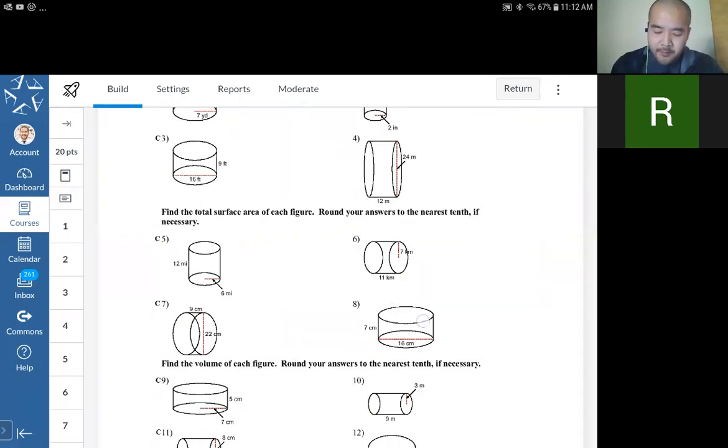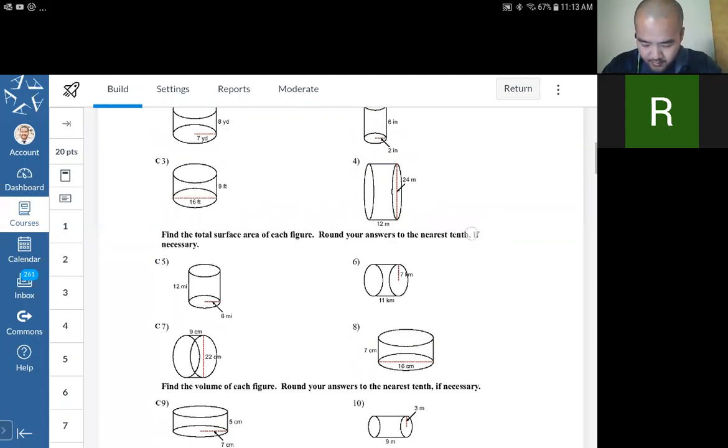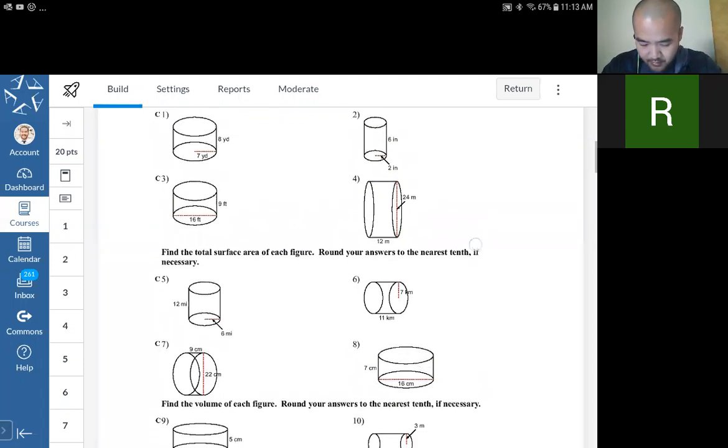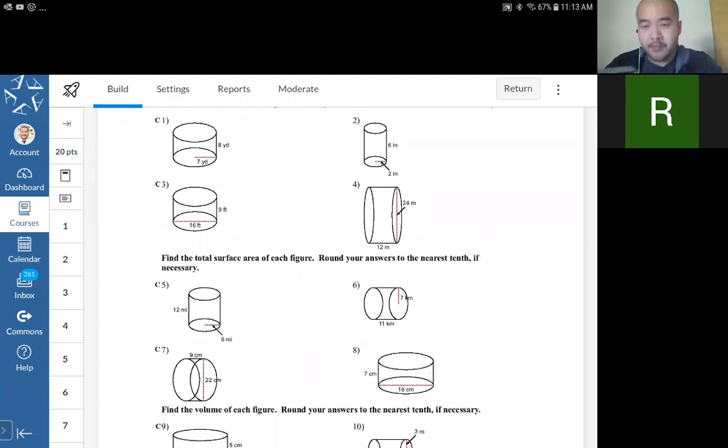This one. It's 2 times pi times the radius is 8 times the height is 7. Okay, so that's actually the same one we did earlier, isn't it? Weird. Okay, well,